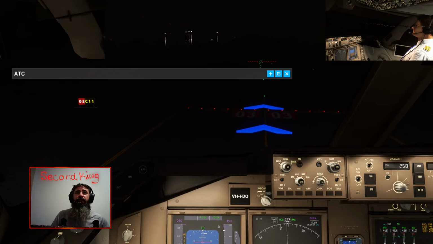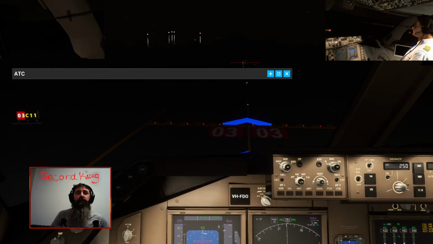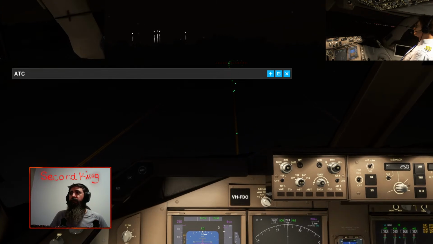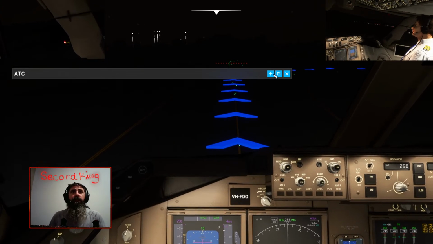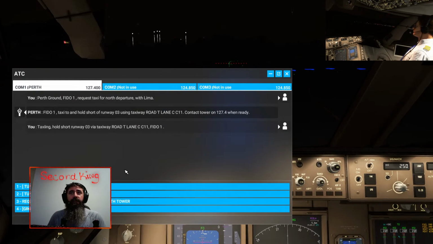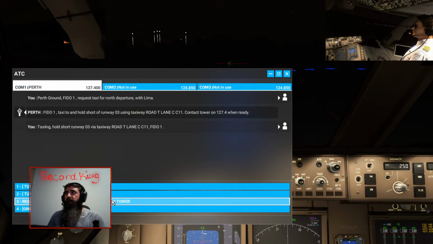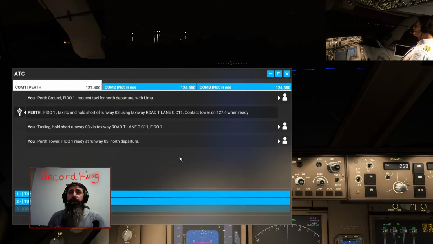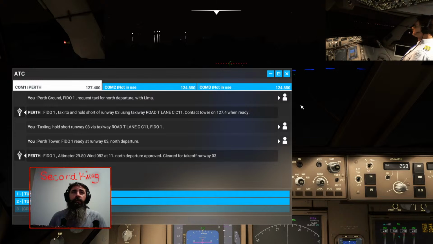This is a VFR flight, and the simulator allows VFR flights at night time. It's plausibly realistic. You can do VFR navigation at night time. Doesn't make much sense, you know, but it's a clear, non-cloudy night, and you can navigate by the roads at night time. Set the barometric pressure.